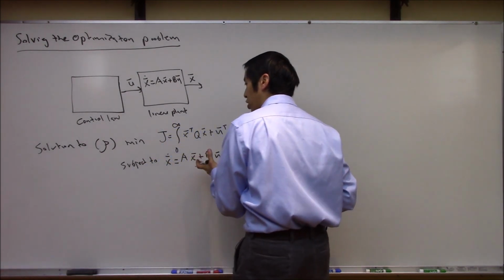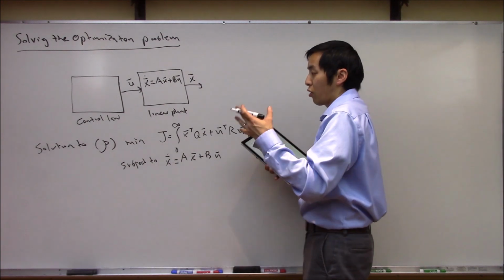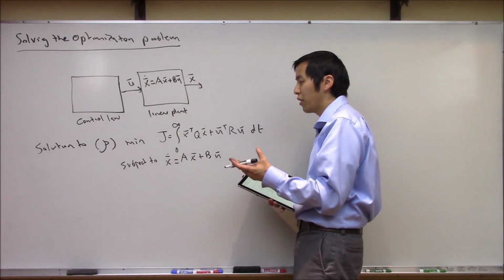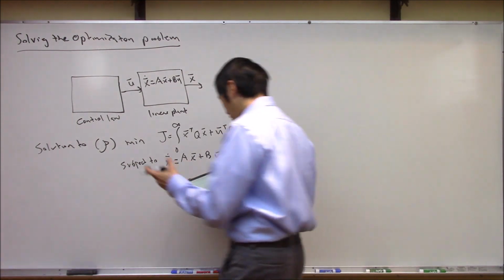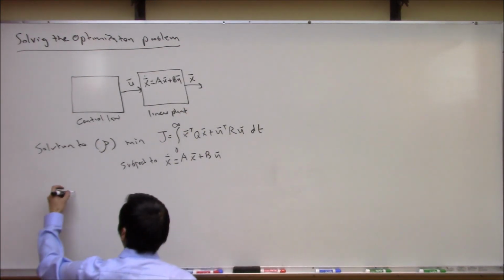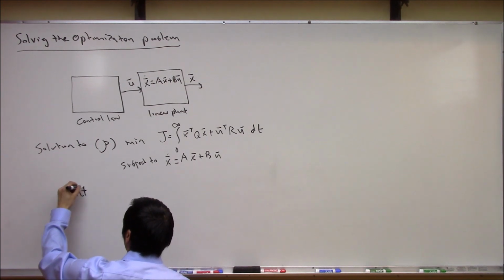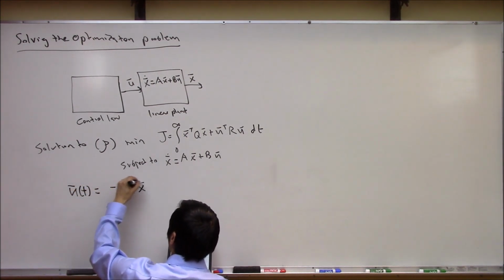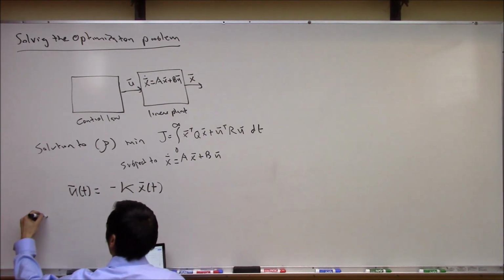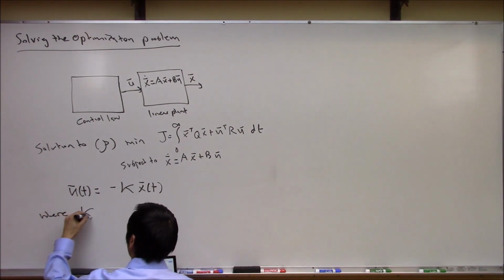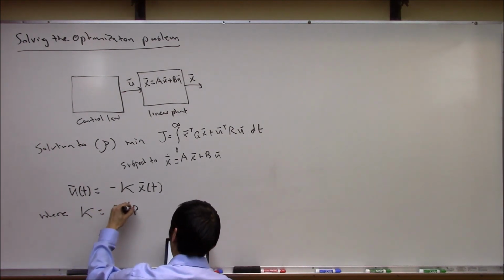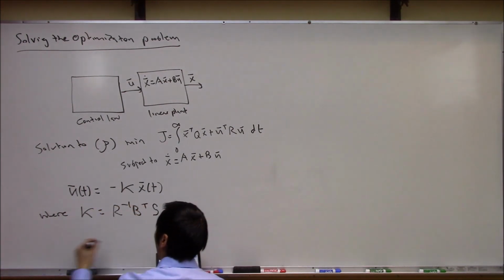This was the optimization problem here. Well, some really smart people figured it out. It's beyond the scope of this lecture today to derive it, but I think we can use their result. The solution is that you better choose a control that looks like u = -Kx(t), where this gain K is given by R inverse B transpose S, and S